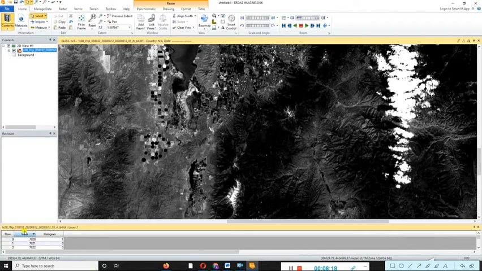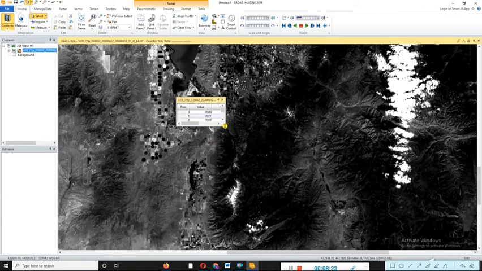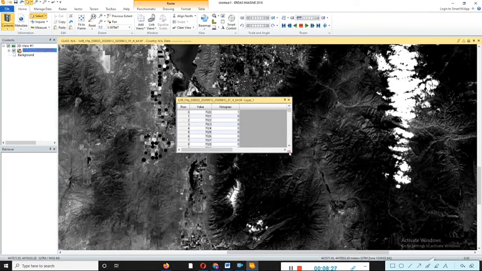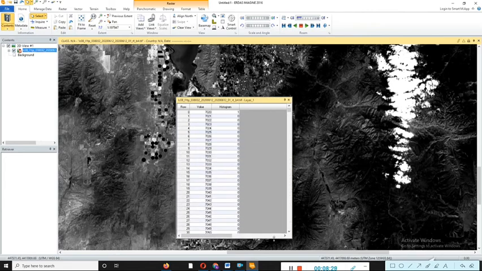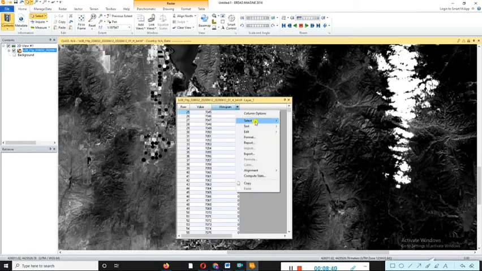So here you can see, just drag and drop that data, and we are looking at it. You can see rows and values and histograms. You can also right click on that and apply some assignment.